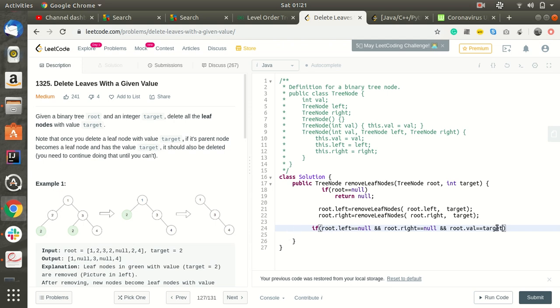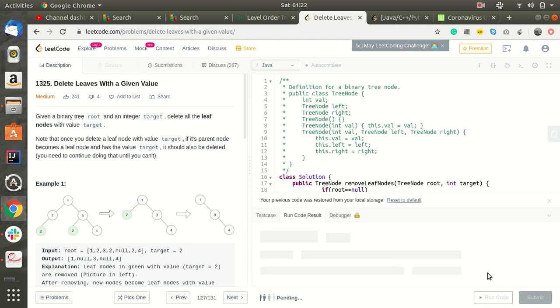So what we are checking is the target value. If root dot val is equal to target, then we'll return null. So again it will set null, and otherwise return root.